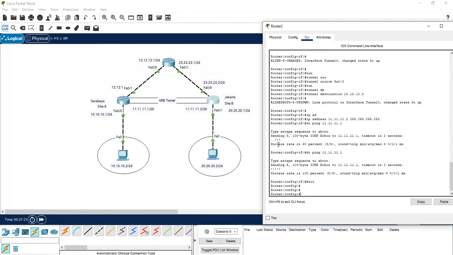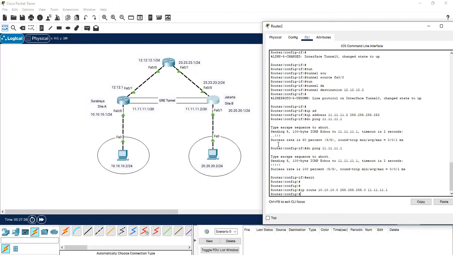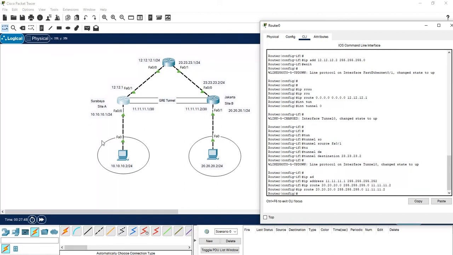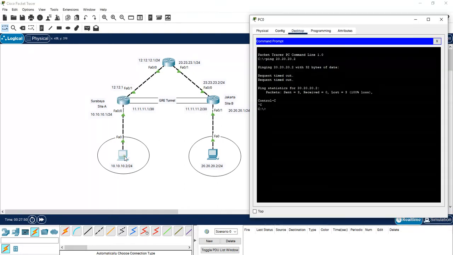Now site B, exit, then IP route 10.10.10.0 and the gateway 11.11.11.1. Now we try again the ping between the two computers.